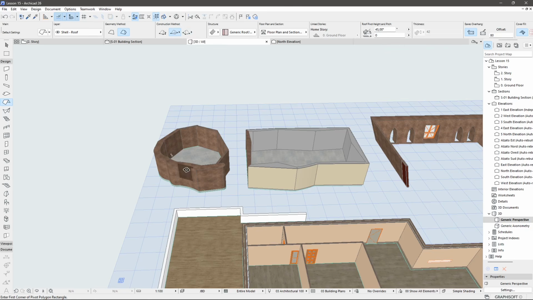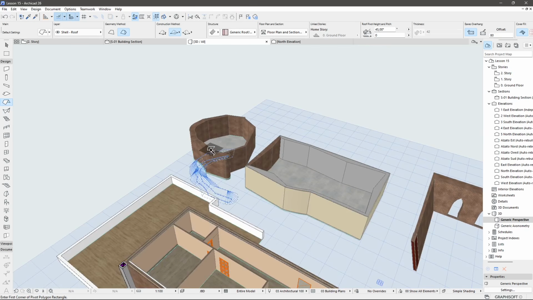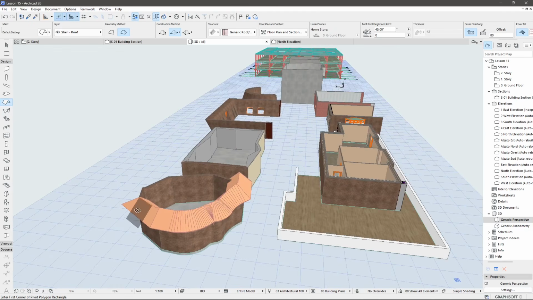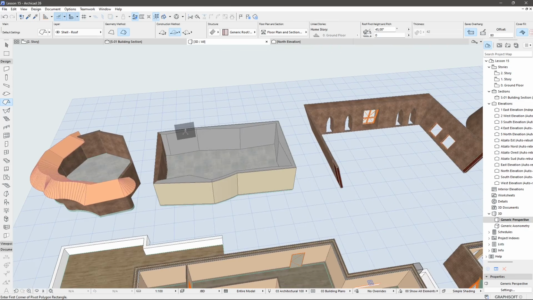Now another tool that's really handy is the space bar. So that is the magic wand tool. So let's just, I don't know why it's placing it there, but if I click, it should go, yeah, you can see it went in the correct position. So you can just place a really complex roof on top of a complex wall like that. And you can continue. So if I press here again with the magic wand, try to